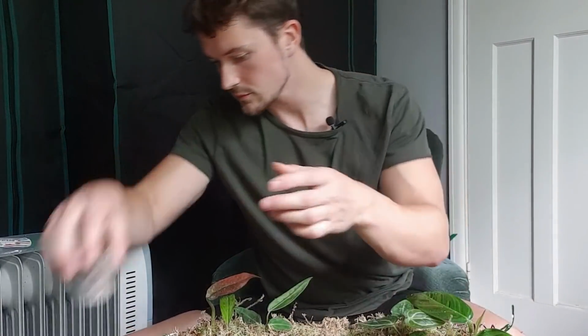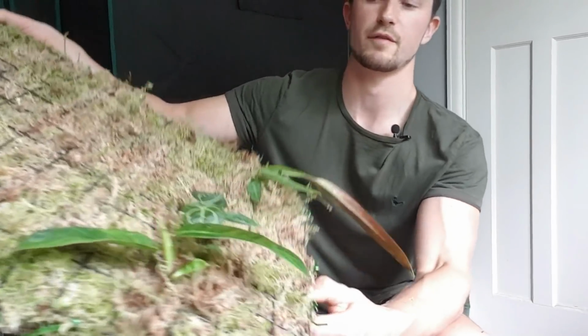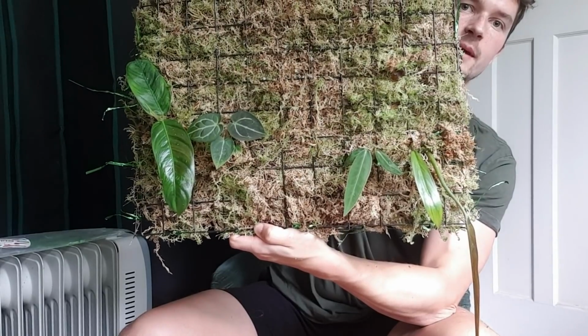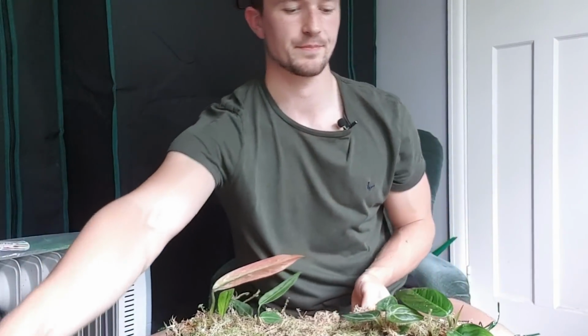Okay, so quick check-in. At this point, we have prepared for the moss wall. We have the Patricii, the bicolor, that little Warraquianum, and the Magnificum Forgetii. Okay, so we're going to carry on. I'm going to put some of these